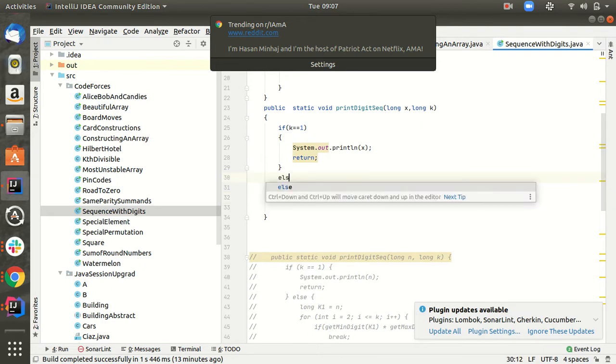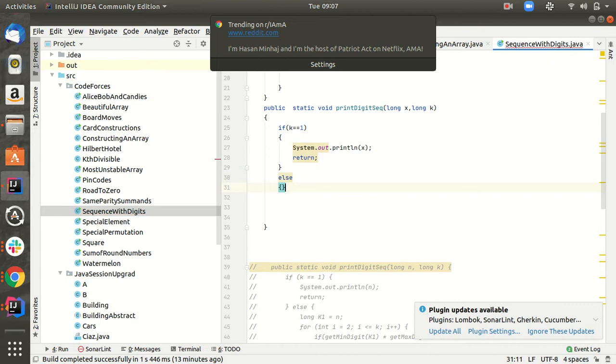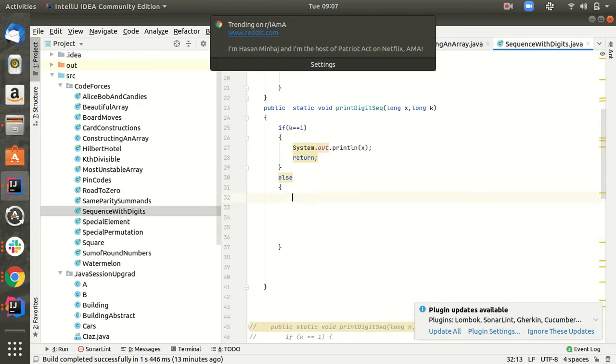Initially I'll create one variable which will be the total sum, of type long, and I'll make it x, so that we start from k equal to 2 and add all the values. We'll find the minimum digit and maximum digit, multiply them, add to the sum, and keep adding again and again.